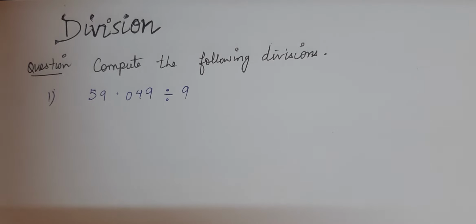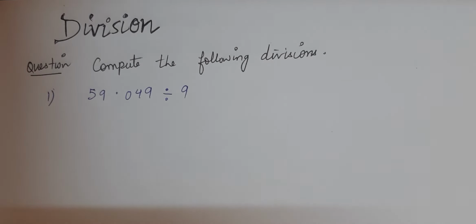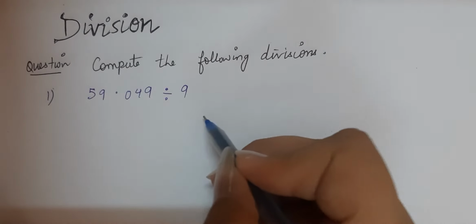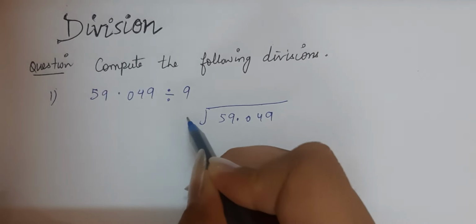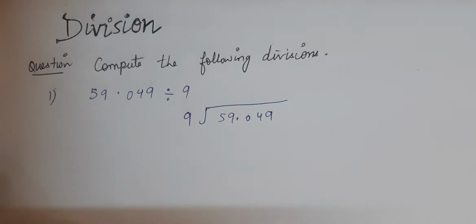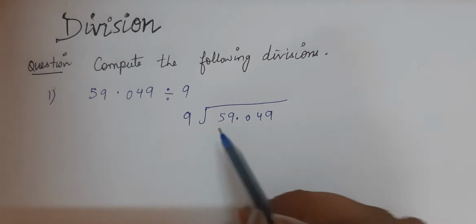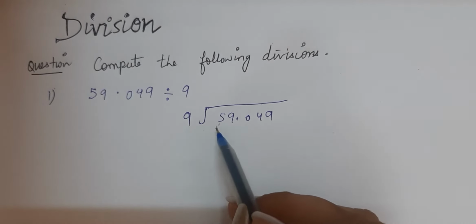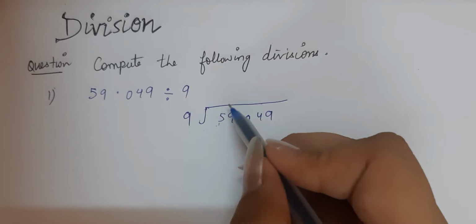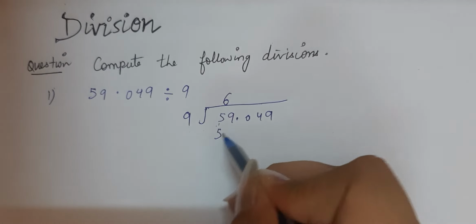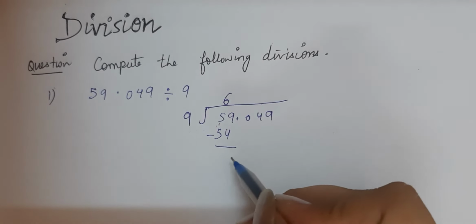59.049 divided by 9. So first of all, whenever we start dividing, we will put the number that is to be divided inside the division sign and the divisor outside. Now we know how to divide. First, we'll check whether the first number is divisible by 9 or not. It's smaller than it, so I will take 59, as we know 6 multiplied by 9 is 54. I will take the number as 54. Now the answer is